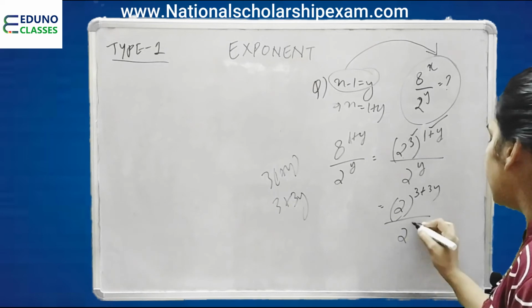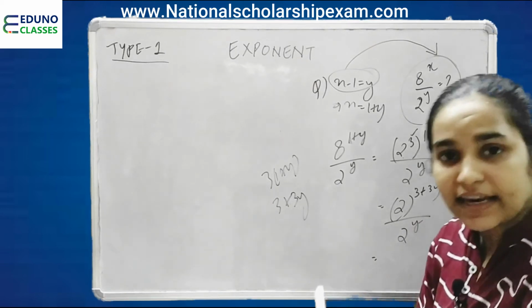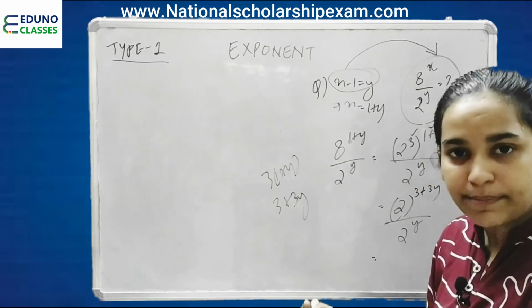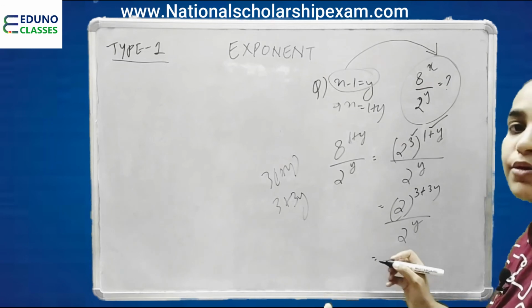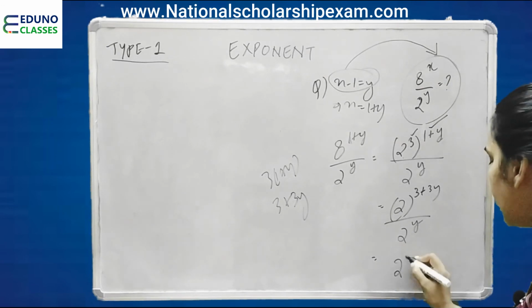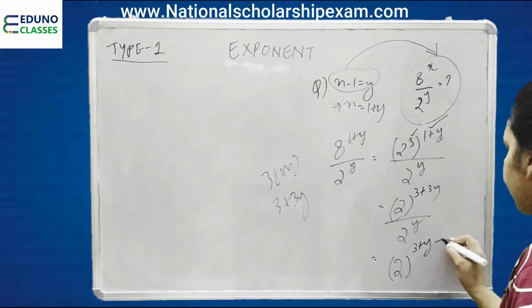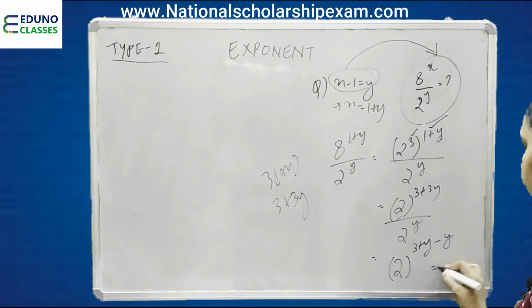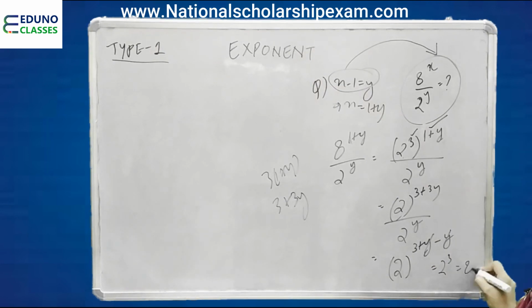And in the denominator we have 2 to the power y. Bases are the same and they are in division, so exponent of numerator minus exponent of denominator. The base remains the same, powers will get subtracted. So here we have 2 to the power 3 because y gets cancelled, y minus y, and then 2 to the power 3, or